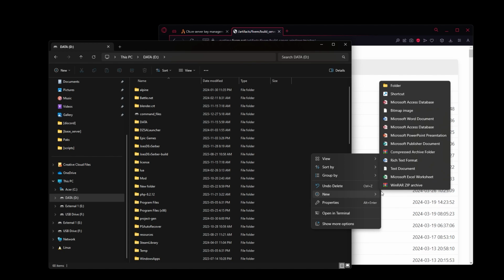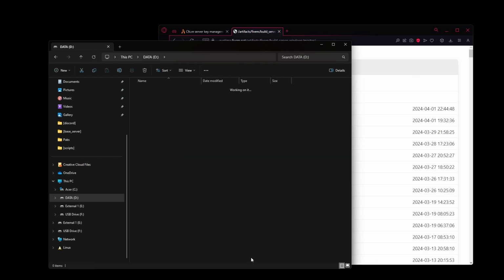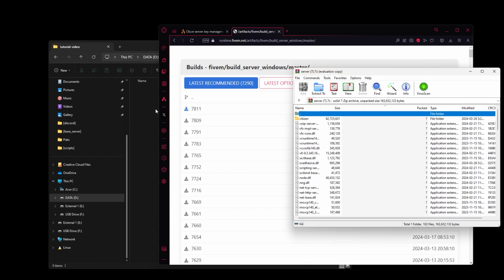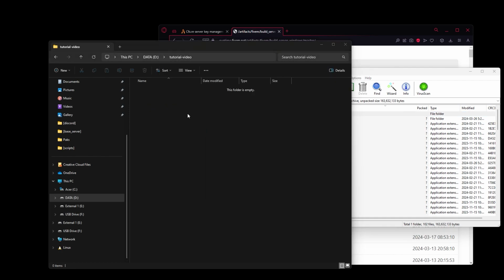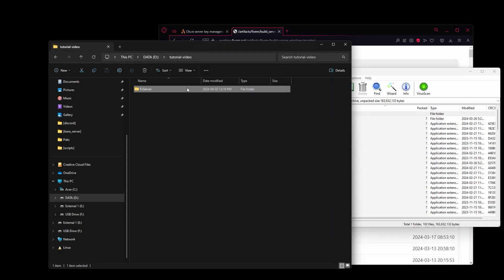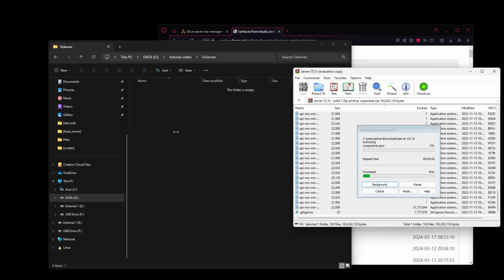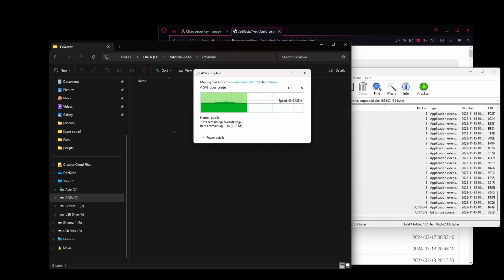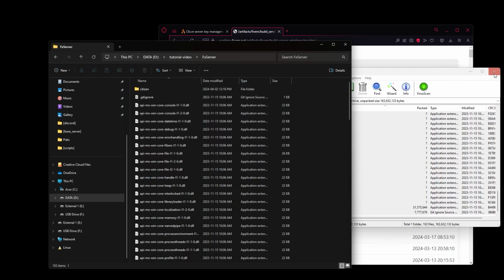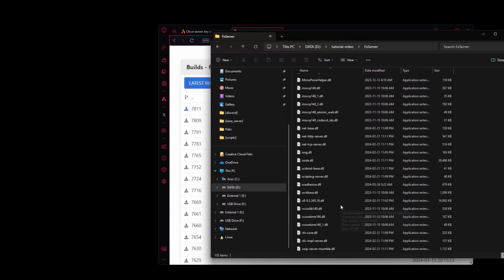I'm going to create a new folder. Hold on. Tutorial video. Once I have that done, I'm gonna open this up. I'm gonna create another folder called FX server. Close that pop-up from WinRAR because who pays for it. Scroll down, copy all that, drag it into here, and then boom, once it's in, I'm going to sadly have to drag this off my screen, but once it